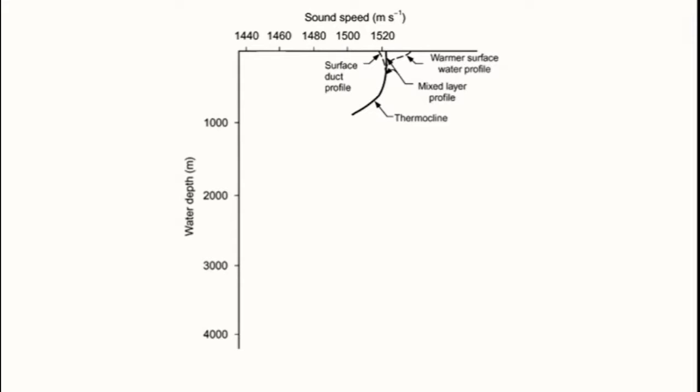As you all know, the temperature of the ocean has little thermal gradient at the bottom. This layer is called the deep isothermal layer, but there is an increase of pressure with depth, so the speed of sound decreases slowly as you move from the bottom of the ocean to the top. So, this means that there must be a zone in the layer of the ocean where the speed of sound is at its minimum, where the two lines will intersect, and this place is called the deep sound channel. It's also known as the sound fixing and ranging channel.